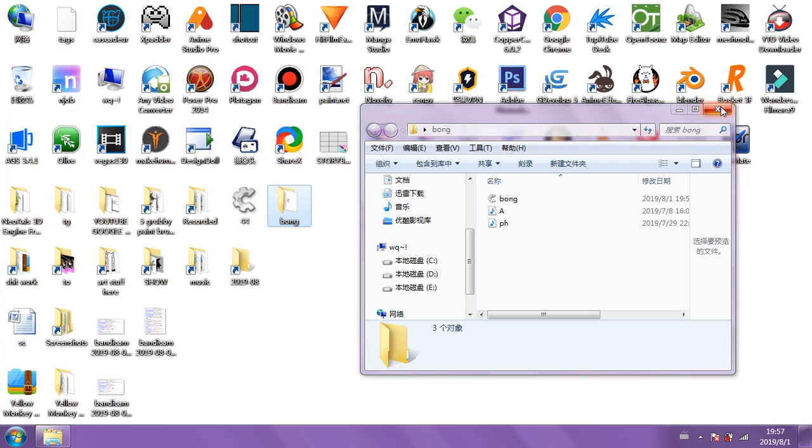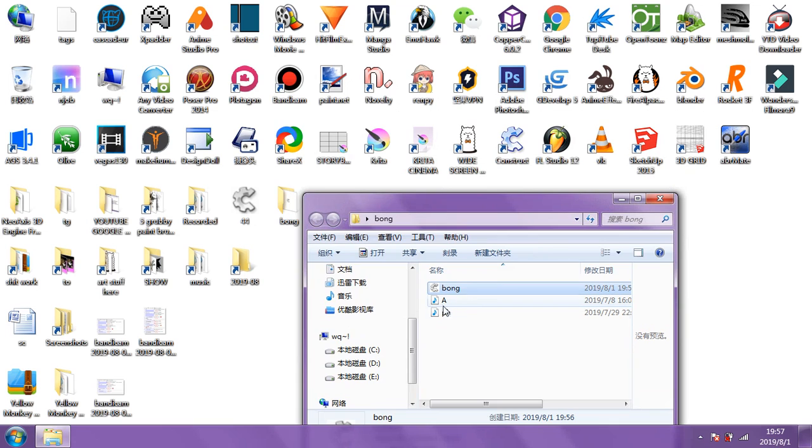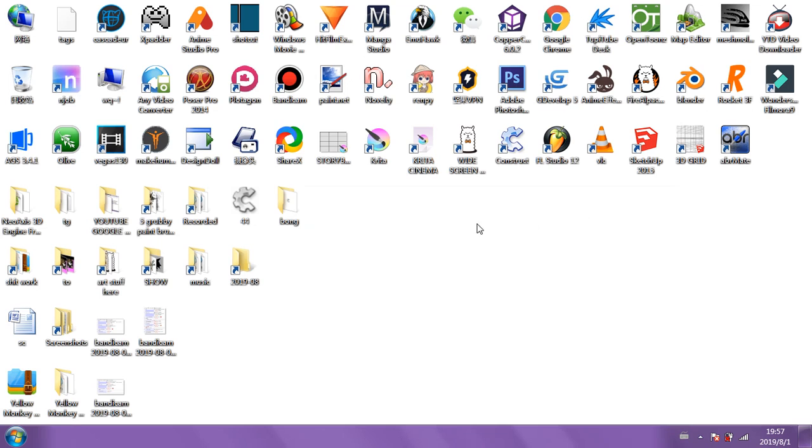The only thing we have here is a folder with this thing called bong, which is the game, and then 2 music files and 2 sounds, which are the ones used in the game. What I'm going to do now is something even further. With this folder, I'm going to pretend that I was safely sending it to someone as a packaged thing. It just feels safer when you do it properly.